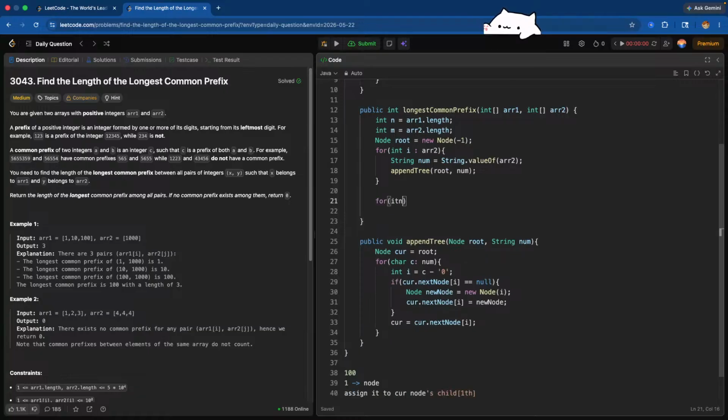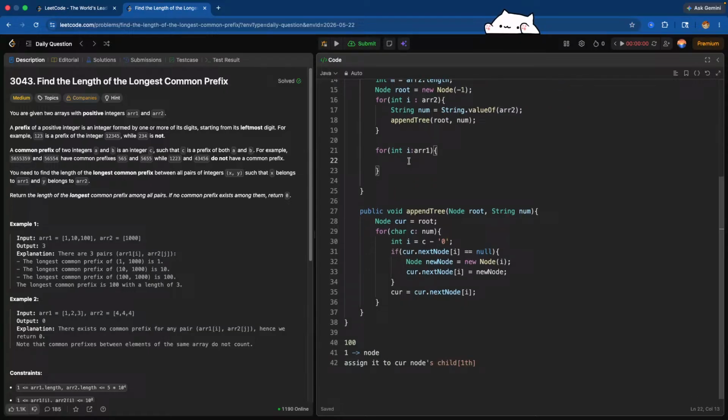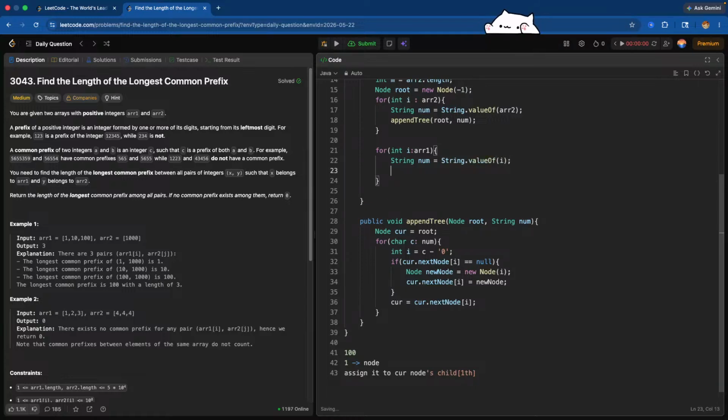So for each int in array 1, for each number, string num is the value of i, I'm gonna do a DFS search basically,